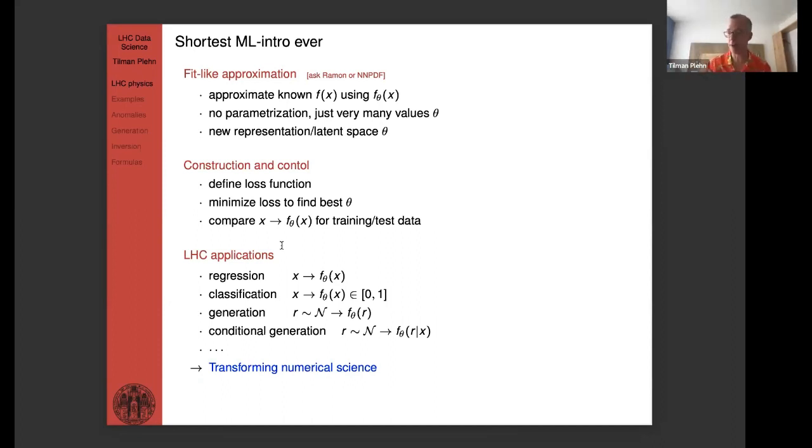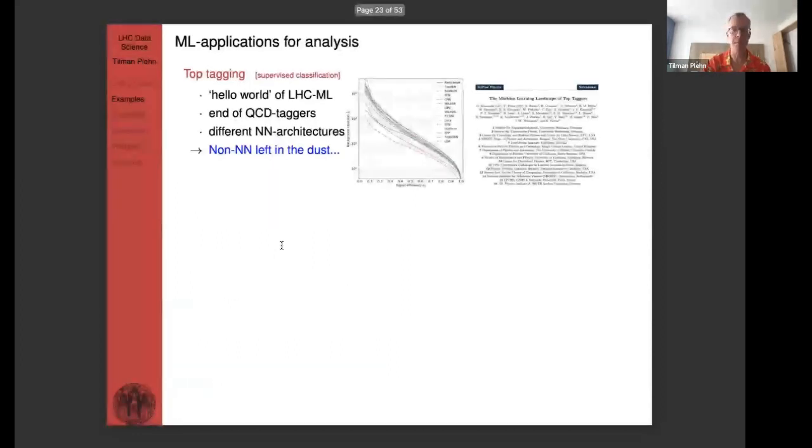What's important to remember is LHC physics has always been a numerical field, very numerics oriented since I started. I've never done anything with pen and paper. So this is a numerical field, and any numerical field benefits from these kinds of developments. Let me run through a bunch of applications of machine learning of the last couple of years, so you get an idea what we're doing. And then, as I said, I'm going to focus on 3 that I particularly like at this point in time.